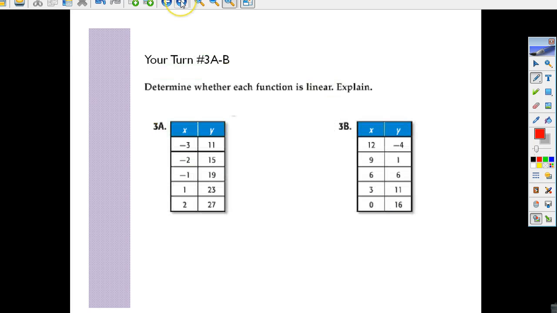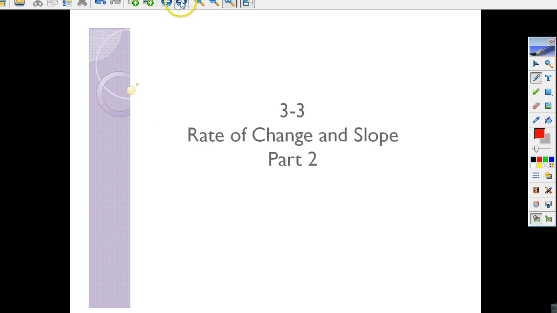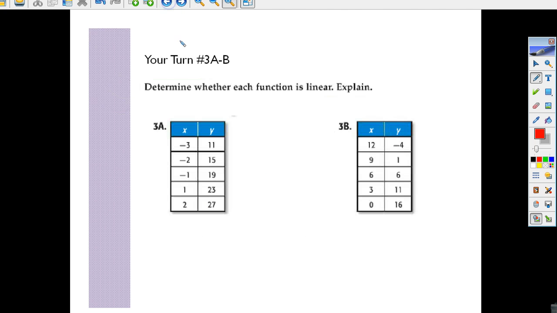Okay. So here's your turn 3A and 3B. Go ahead and do exactly what we did for example and come back when you're done. Well, actually, when you're done with this, that is the end of part 1 for this